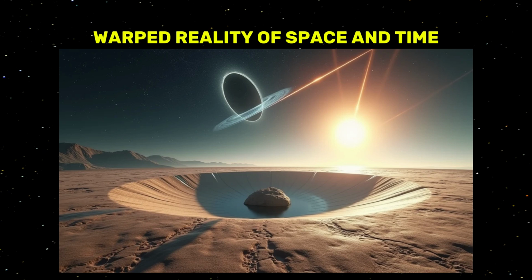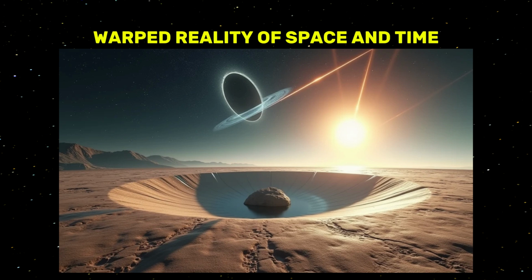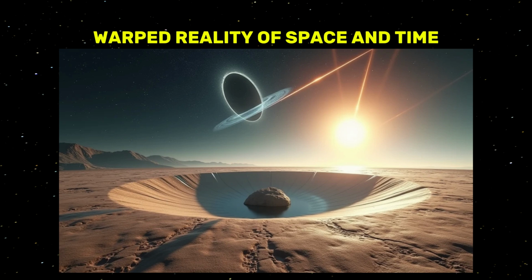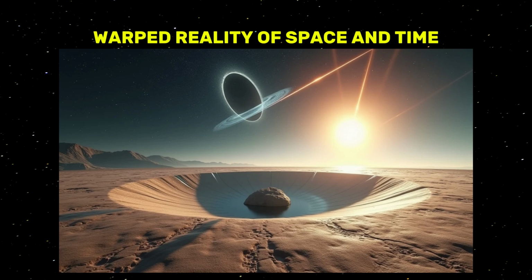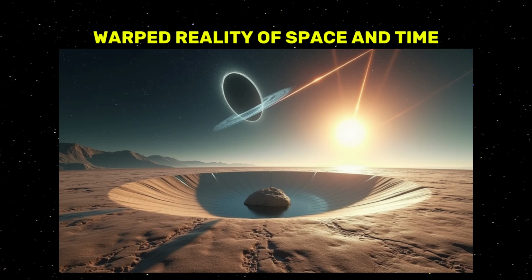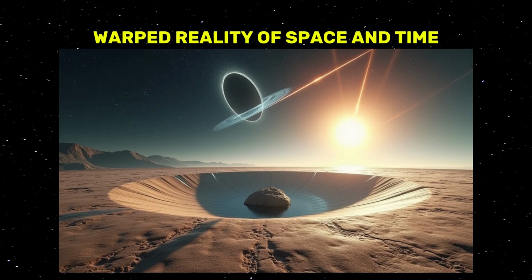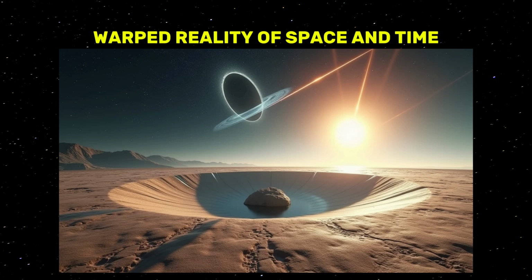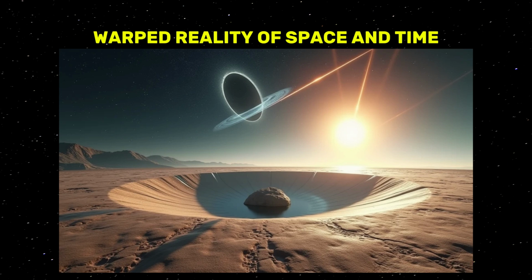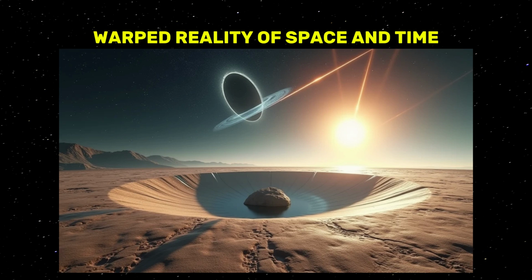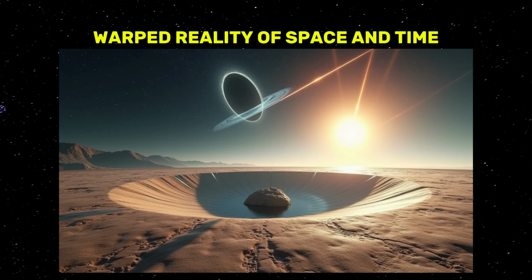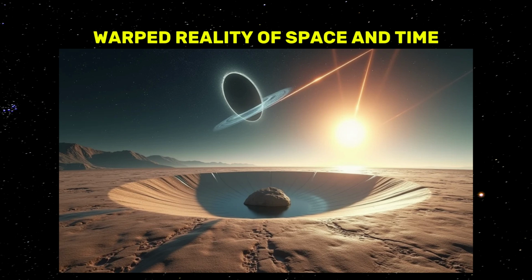Experiments involving particle accelerators and atomic clocks aboard fast-moving aircraft have all demonstrated that time passes differently in high-speed or high-gravity conditions. One particularly fascinating consequence of time dilation is that time can tick at slightly different rates depending on your position. For example, a person aboard a satellite orbiting Earth would experience time at a marginally faster rate than someone on the planet's surface. This isn't just theoretical, it's a critical correction built into the GPS navigation system. Without accounting for time dilation, GPS would quickly drift out of sync and deliver inaccurate locations.